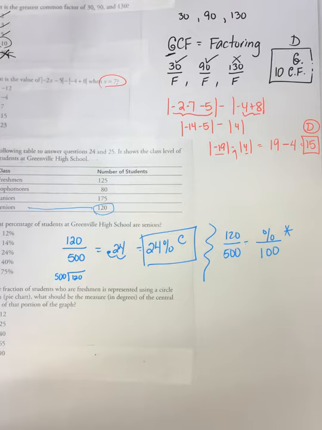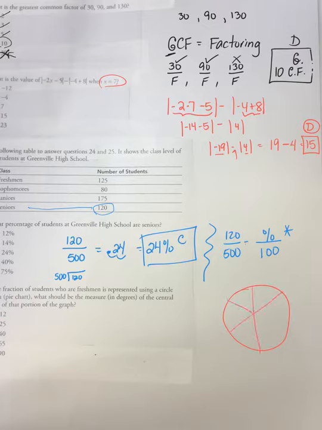The second problem down here, number 25, goes with our chart as well. If the fraction of students who are freshmen is represented using a circle graph or a pie chart, what should the measure in degrees of the central angle of that portion of the graph be, okay? So what they're asking us, if we're going to convert the information in our chart to a circle graph, I'm going to divide this up,